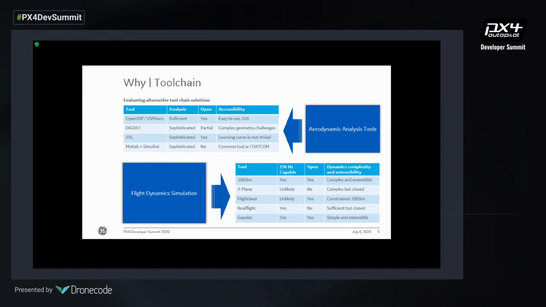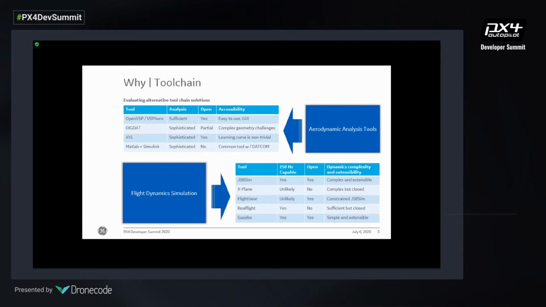to perform aerodynamic analysis. So this level of analysis we found to be sufficient. It's also an open source tool, has a very easy to use GUI. Again, like we had said before, it has a workshop specifically dedicated to it, so it's pretty well supported. We also looked at DigDat, which is the program now that is the digitization of the Air Force's DATCOM framework. So it's a very sophisticated framework, has a lot of history behind it. It's mostly open. There's some GUI components and plotting components that are closed, but one of the things that we noticed was we were looking to model an A-tail, and so some of the complex geometries drove us closer to